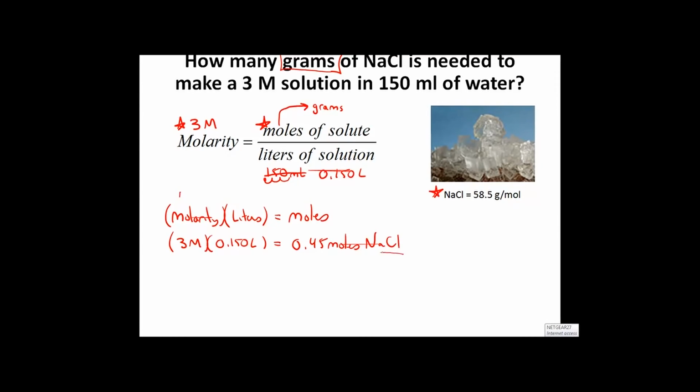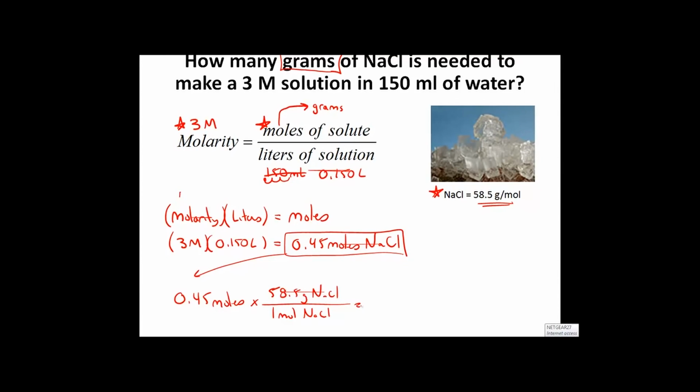Now that's awesome. We're almost there, dudes. The question is asking us specifically for grams, not moles. So we're going to take the last step, and now our new given is going to be 0.45 moles, and I'm going to convert that into grams. Now we saw a second ago that there's 58.5 grams in 1 mole. And so we're going to have 58.5 grams go on top, and we're going to have 1 mole of NaCl on the bottom. And so we're crunching the numbers here. 0.45 times 58.5 is going to equal